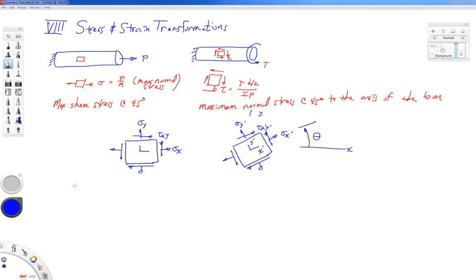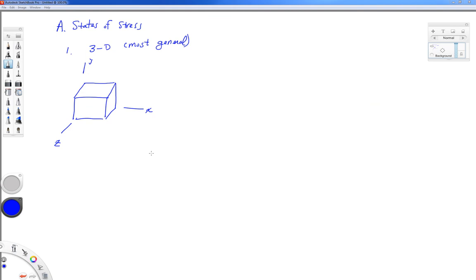Well, we're going to do this not for just any particular stress state, but for what's known as a plane stress state. Before we get into the ideas and concepts of plane stress, let's review what a general state of stress looks like. We'll start with the most general state of stress in Newtonian mechanics, the three-dimensional stress state. We've talked about normal stresses and shearing stresses, and since we live in a three-dimensional world,